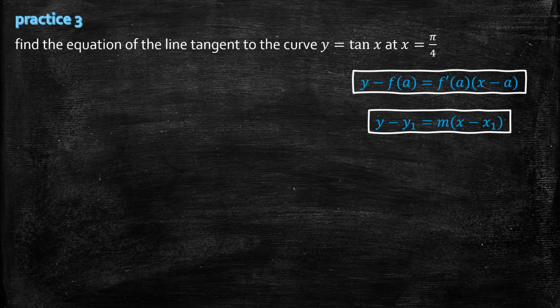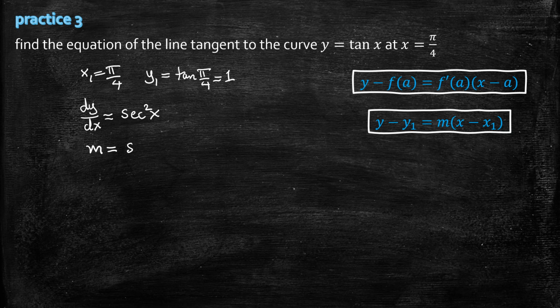So x1 in this case would be the value of x given to us, pi over 4, and y1 would be the y-coordinate associated with that x-coordinate on the curve, which we find by just plugging pi over 4 into the function. So tan of pi over 4 equals 1. As for the slope, we need to first find the derivative of the function. So we have a formula, and because we just derived this in this video, we know that dy by dx equals secant squared x. That allows us to find the slope at the point pi over 4 comma 1 by